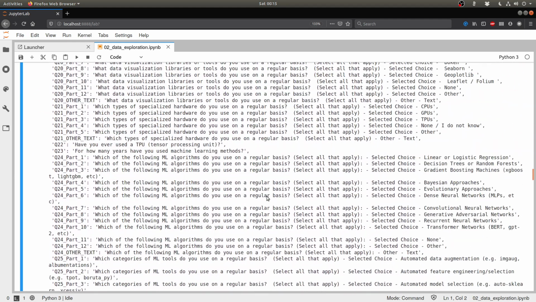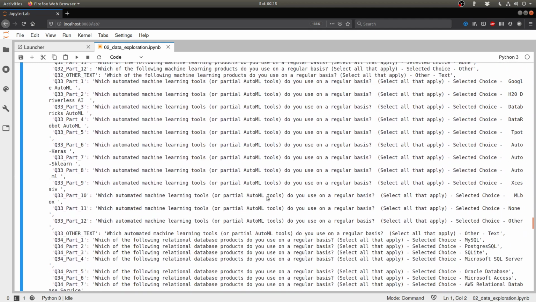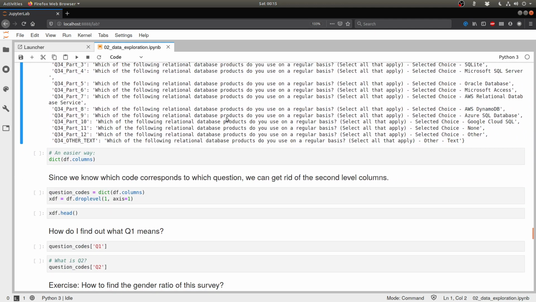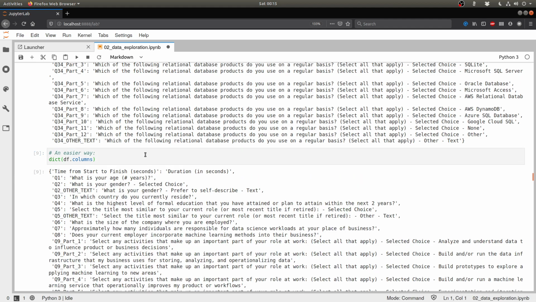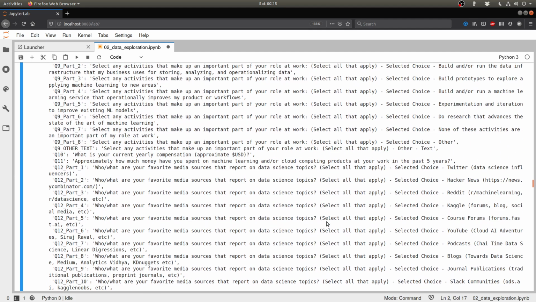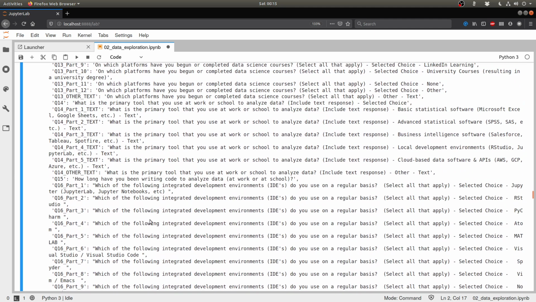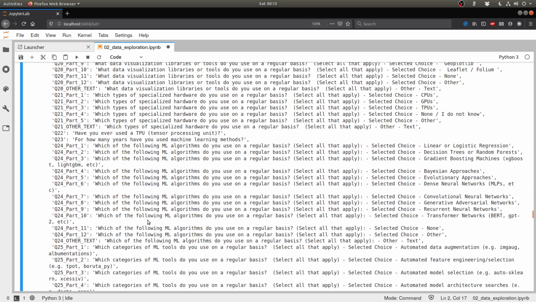So let's scroll all the way down. It's going to be pretty large because there are, well, 246 questions. Much easier way is to simply use the dict function. Remember that just like we use the list function to create lists, you can use the dict function to create dictionaries. And you can simply call this on df.columns. df.columns is simply a multi-index column, which means that it has key values everywhere. And we do that, we basically get the same data again, right? So this is an easier way to do it rather than using dictionary comprehensions.